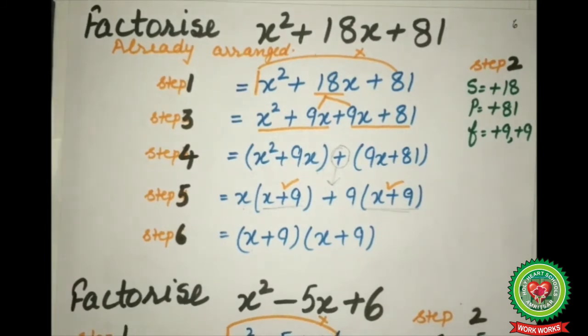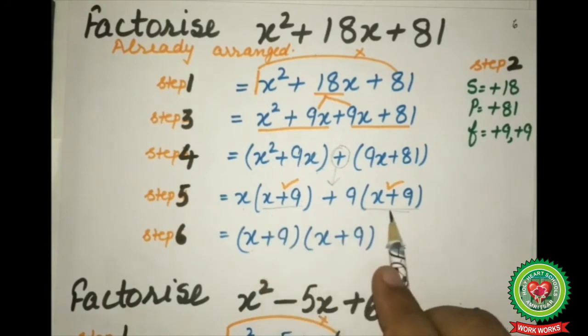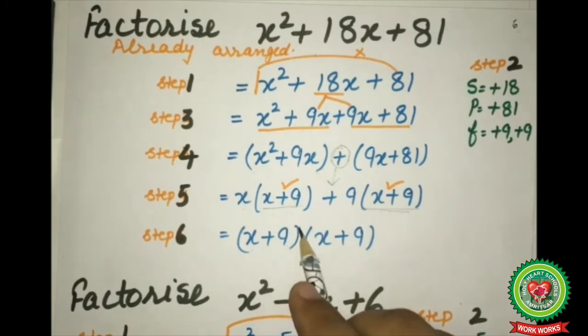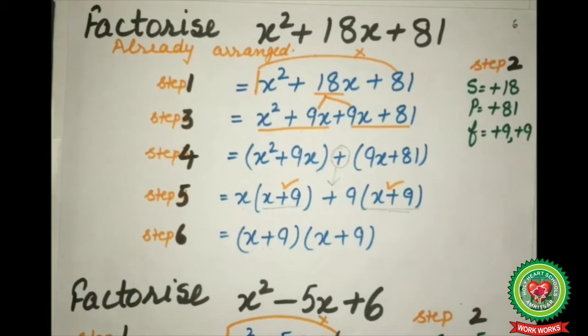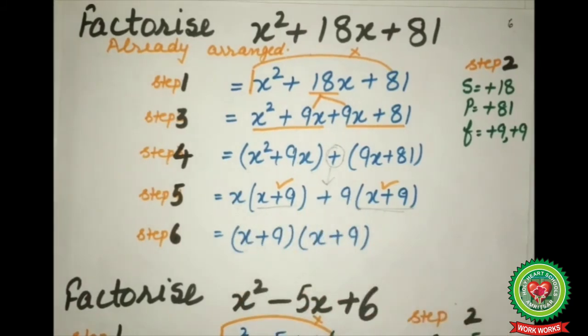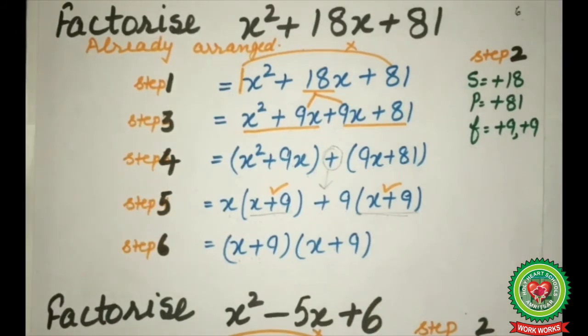Now if we see that the terms in both the brackets they are same, so we have taken them out common and we have written them first. And in the second bracket we are going to write down the left out terms which are x plus 9. So our final answer will be bracket x plus 9 bracket close, bracket start x plus 9 bracket close. Now let's discuss another example.